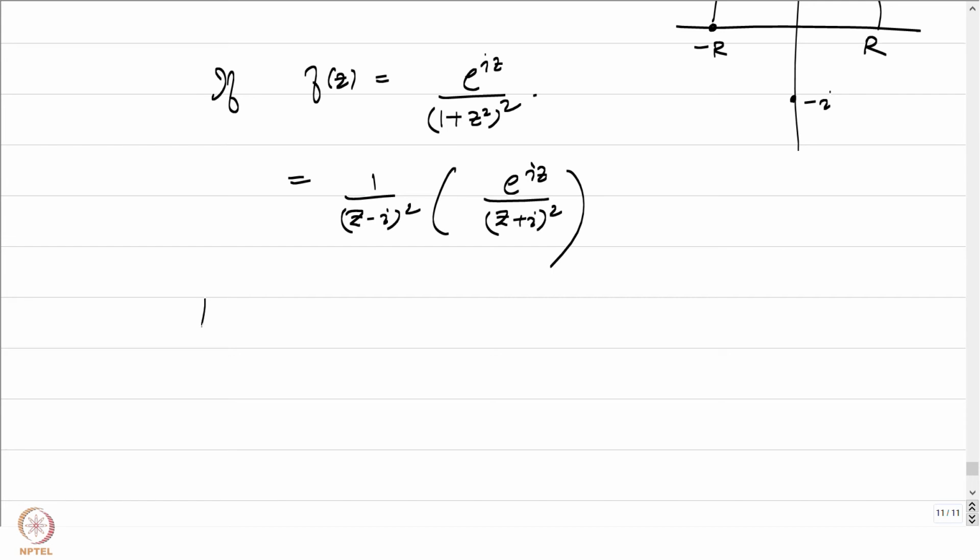And therefore, the residue of f at the point i